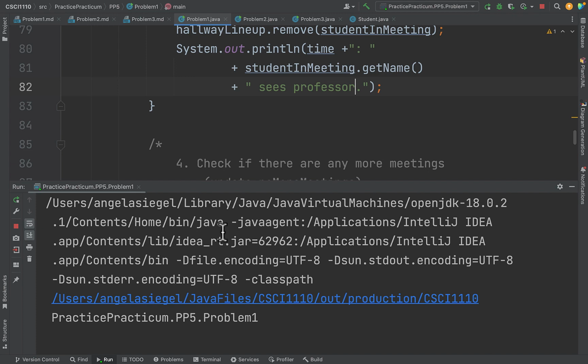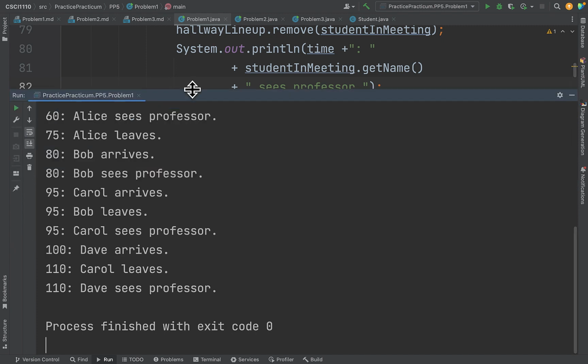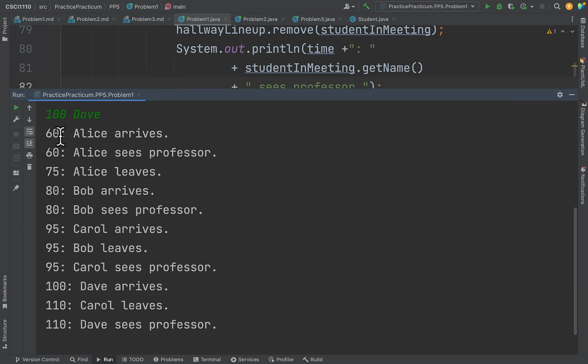We can run it and see what happens. Oh, I think we didn't have any compilation errors, so that's good. So Alice arrives. Alice sees the professor. 15 minutes later, Alice leaves. At time 80, Bob arrives. Because Alice has already left, Bob sees the professor. And then exactly 15 minutes later, so at the same time Bob's going to leave, Carol arrives. Bob leaves. Carol sees the professor. In that time of overlap, Dave arrives, but can't see the professor. He goes into the hallway. Carol arrives at 1:10, and